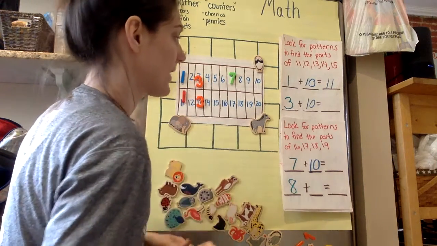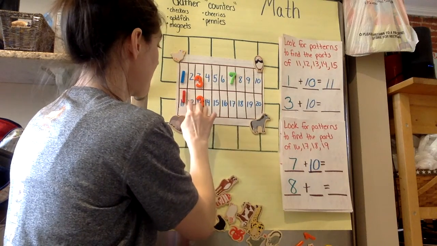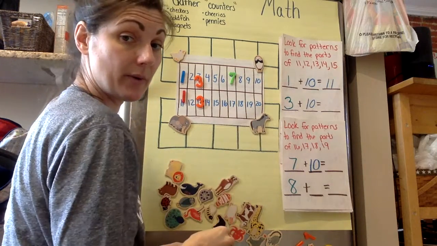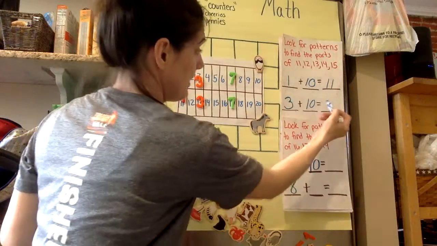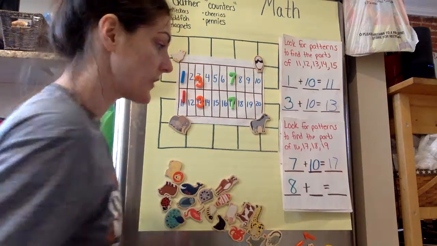Okay, start at 7. I'm going to add 10. Ready? 1, 2, 3, 4, 5, 6, 7, 8, 9, 10. What do I get? 17. Oh, and I forgot to write the answer over here. 13, 17. So let me ask you,